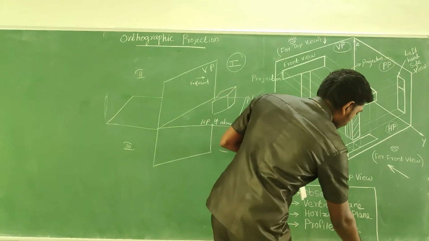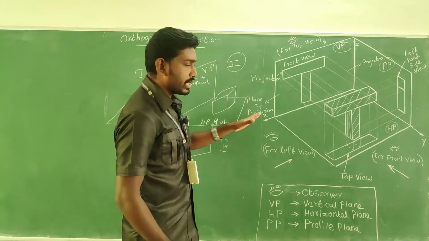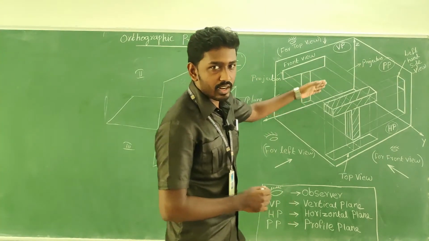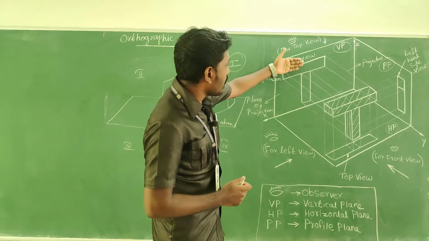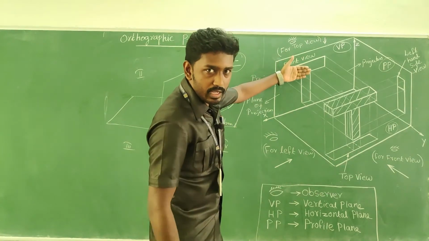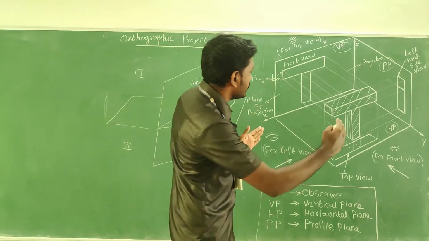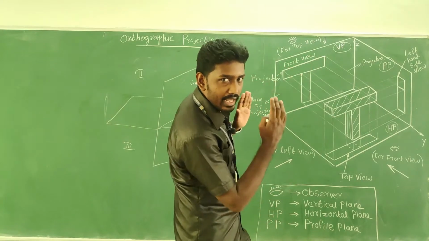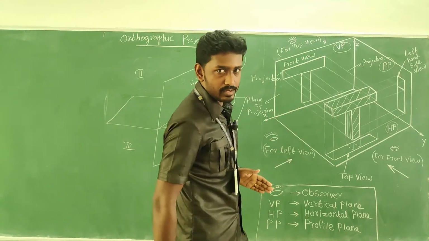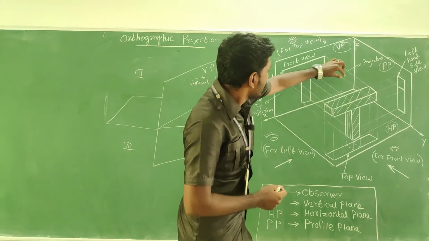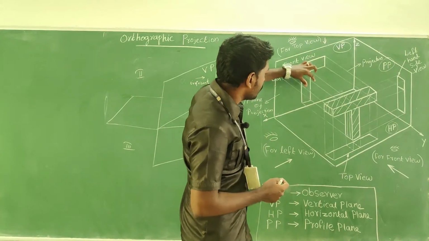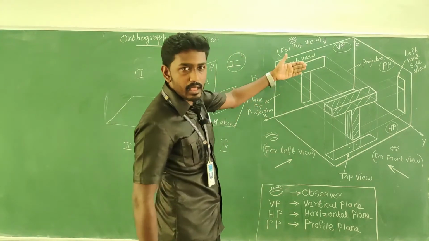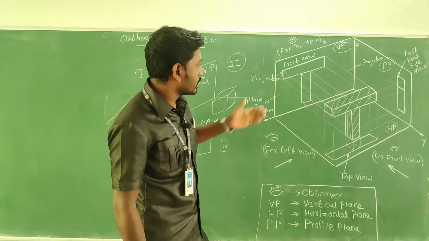So here, if I want to say the terms involved in this projection, see the projector in the sense nothing but the image of the object can be viewed by the observer, which is drawn by means of straight lines, just like visual rays from the eyesight. So these are the projectors, right? They are straight lines which are parallel to each other, and at 90 degrees to the vertical plane, right?